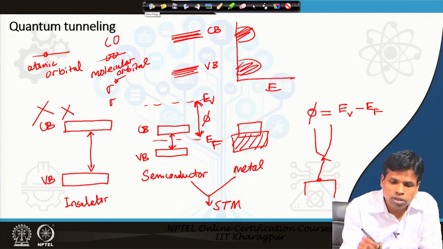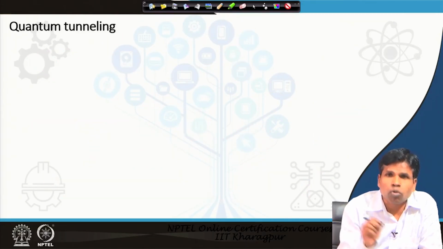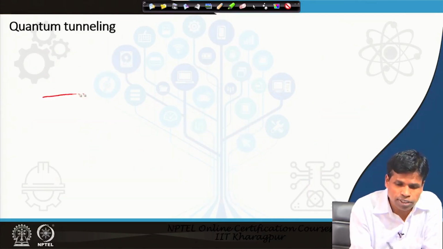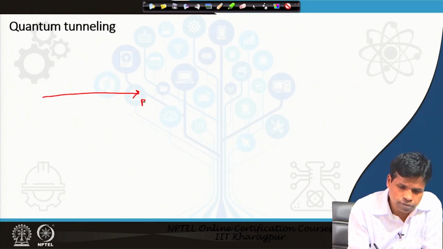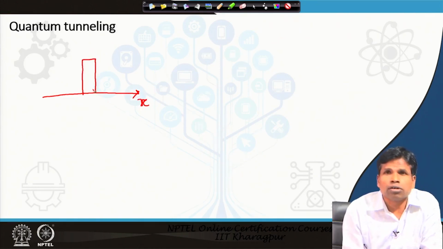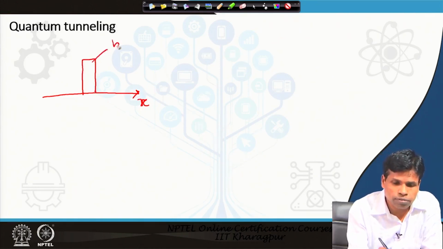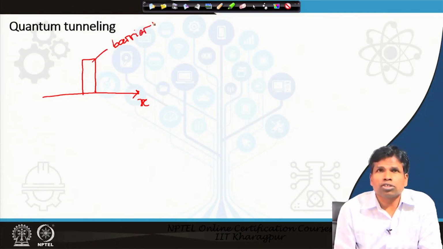If we say that this barrier is nothing but a type of wall, let us say this is the energy, let us say this is the x axis, and this is the barrier, or a type of wall barrier. Now, in the microscopic world,